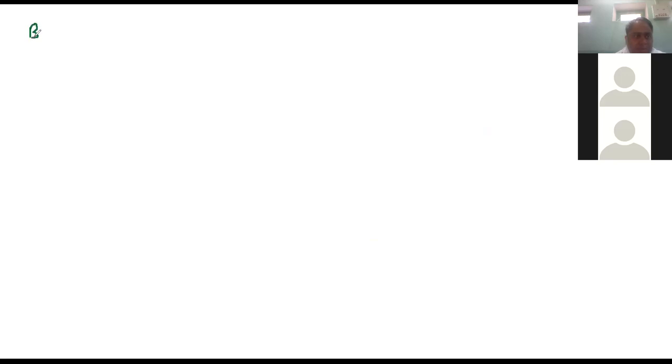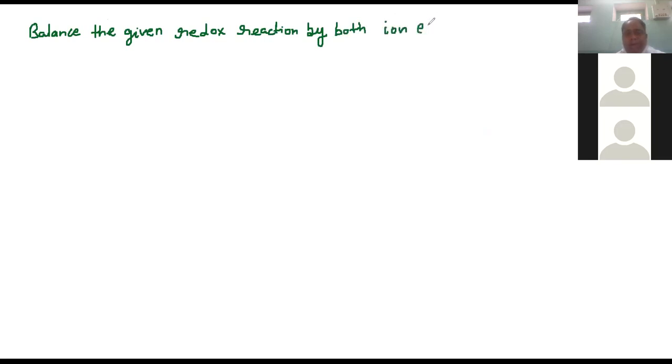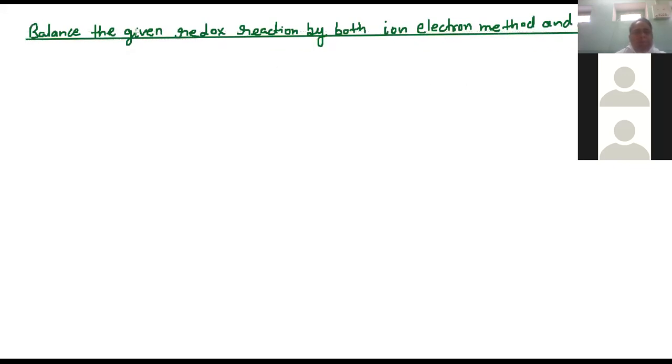Balance the given redox reaction by both ion electron method and oxidation number method. The reaction is